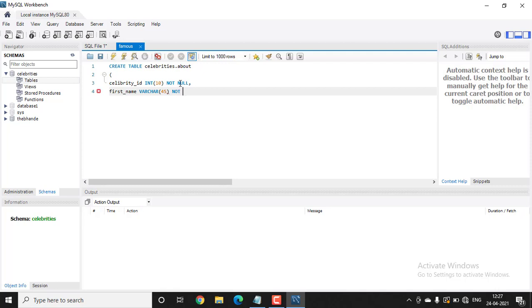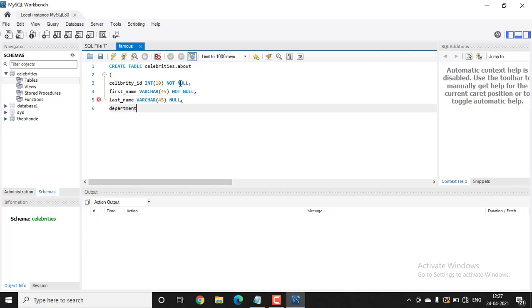Then type not null because I don't want the first name to be empty, and then type last name, that is under the next column, varchar, and last name can be empty, so null,